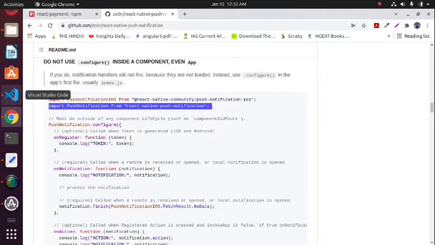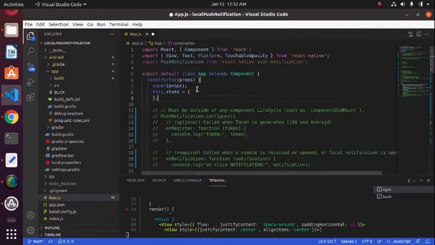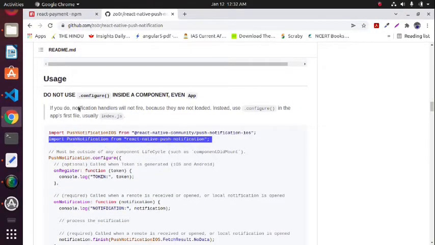I am writing this code in app.js, but if you read here what they are saying, you usually write this code in index.js. Sometimes you can face issues. However, it is not a big application, I am using only push notification in a simple example app. I don't have any other code that is going to execute first and cause an issue.